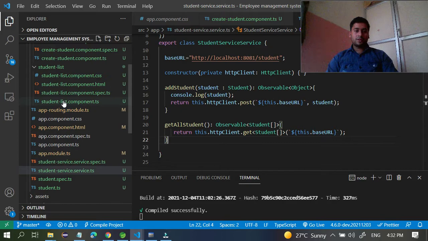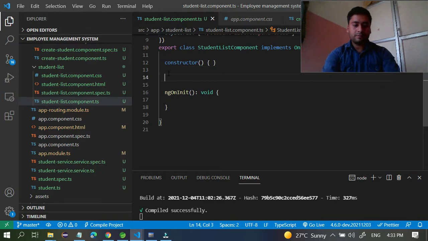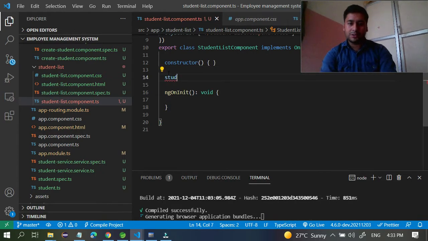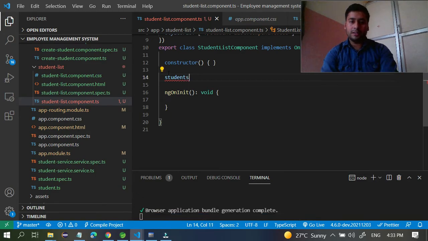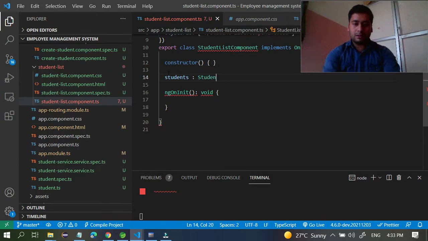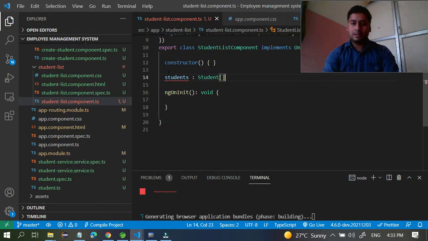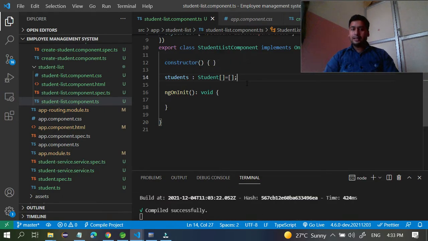So go to the list of student components, and here you have to create one student array. So for example, I want students, students of type student array equal to an array. So this is the empty array I created, and you want to call this student service method.